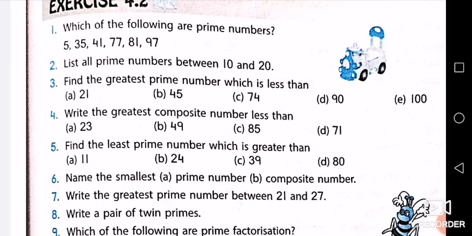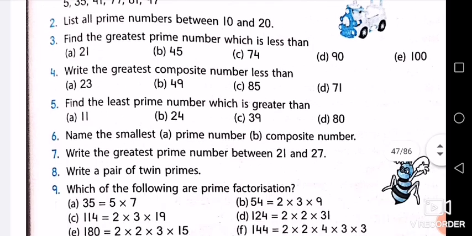Two prime numbers whose difference is 2, they are called twin primes. Now so many are there, you can write any one: 3 and 5, 5 and 7, 11 and 13, any one you will write. Now question number 9,